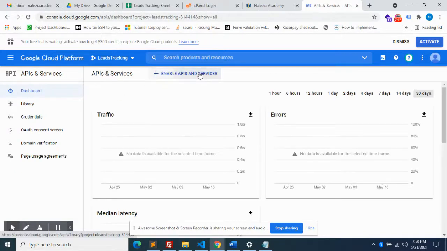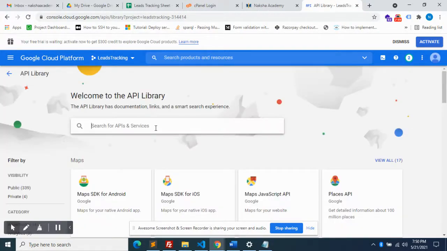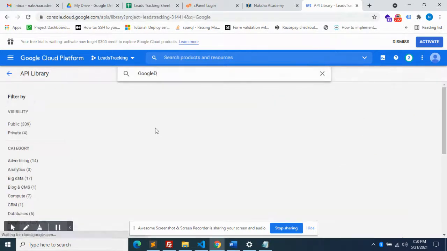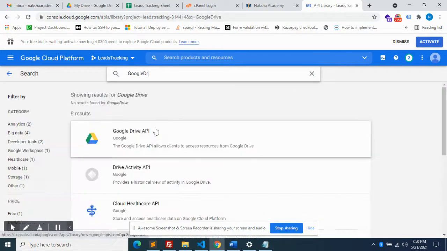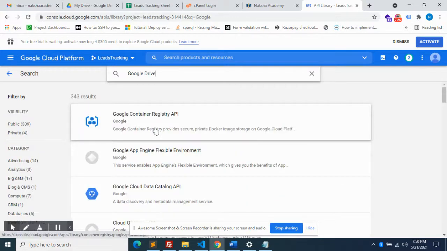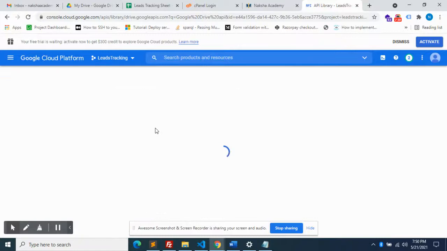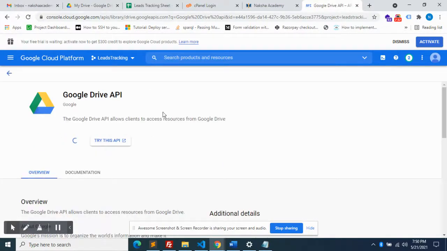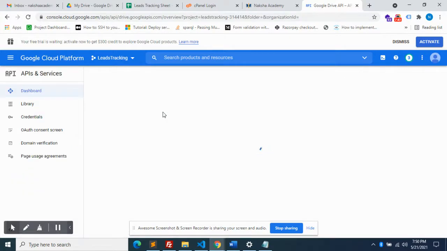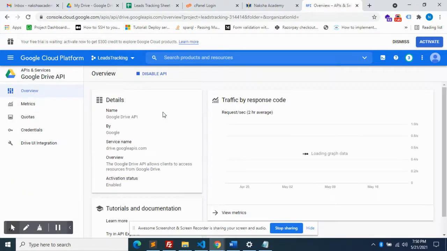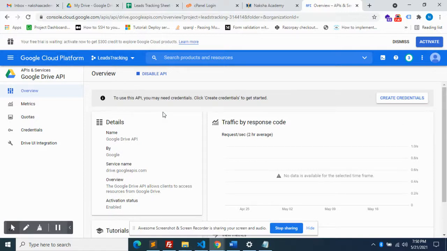Again, you are going to enable another API called Google Drive API. Now we have enabled two APIs, Google Sheets API and Google Drive API.